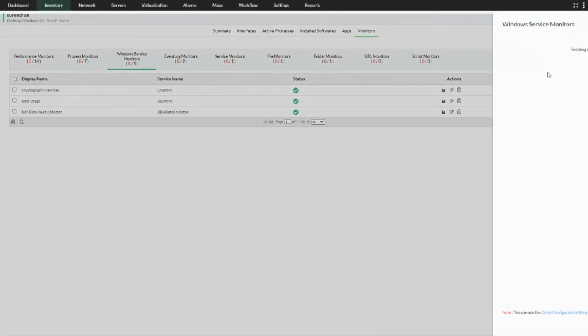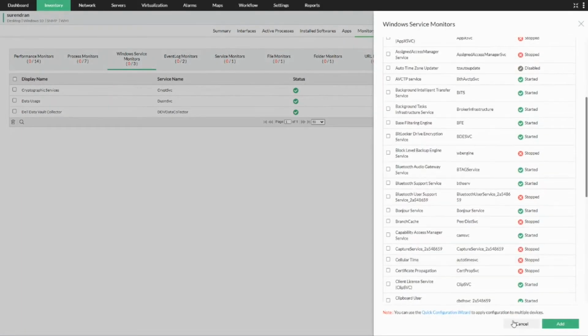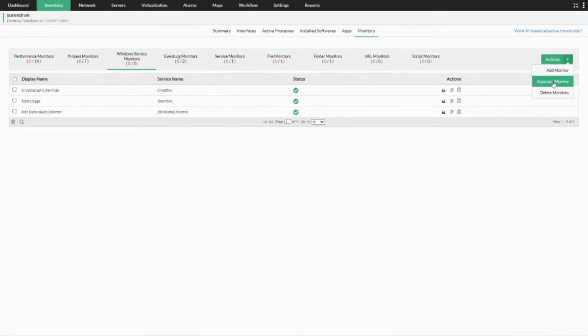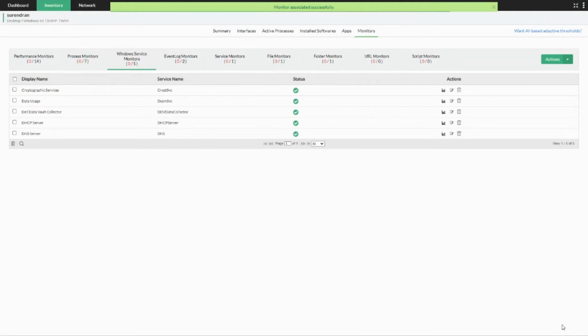And likewise, if you are hosting an MS SQL machine, and you need to monitor MS SQL services on it, it's pretty simple. All you can do is select the respective monitor which you want. For example, here I want to monitor my SQL, Netlogon, or my DNS or DHCP services. All I have to do is just select them and associate them to the respective devices, and it will start monitoring.